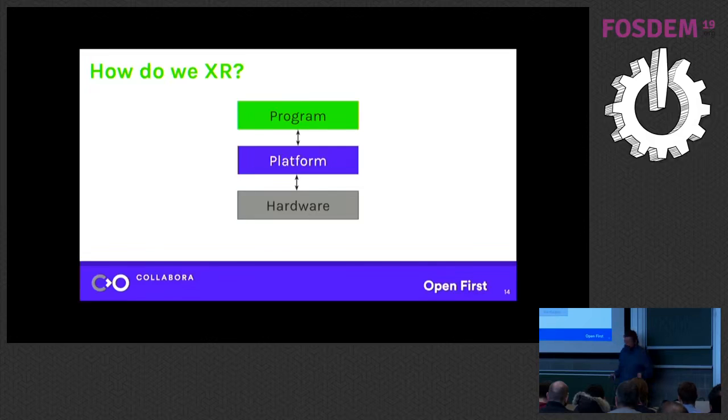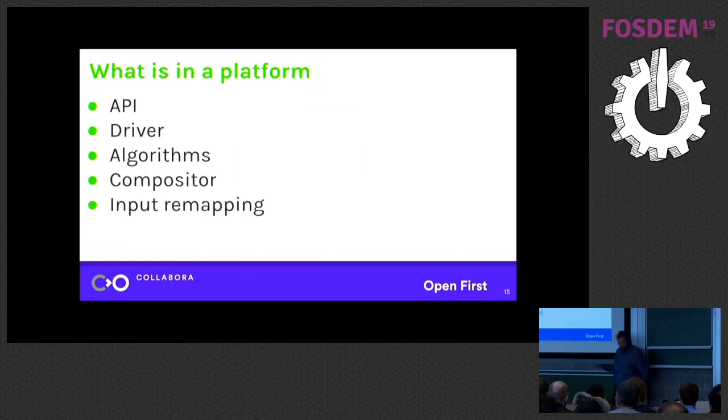And then there's hardware, which I'm glossing over right now. So what's in a platform? Well, there's an API, for instance for graphics there's OpenGL, there are drivers like Mesa, algorithms, compositors like Wayland, and input mapping, things like that. But that's also what's in OpenXR. All of these things need to go together,